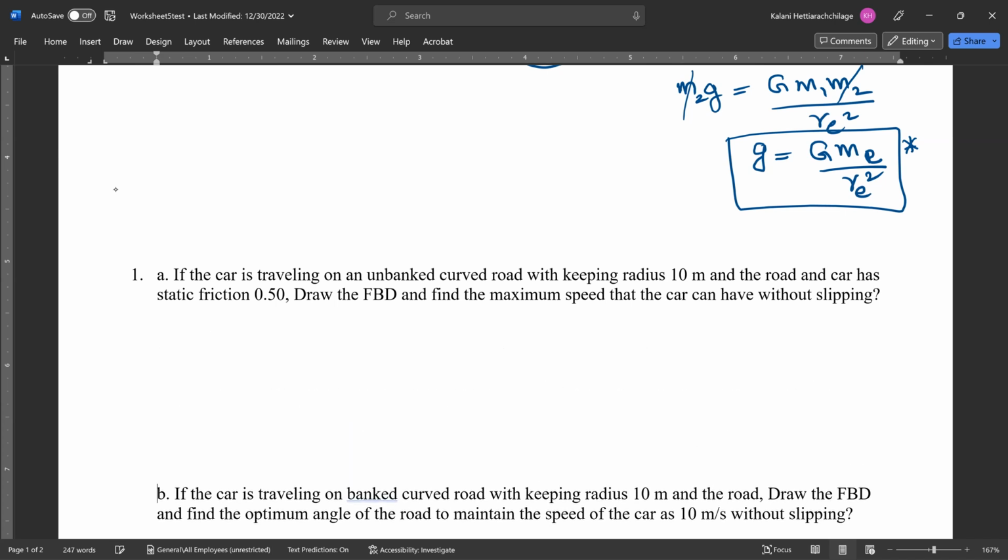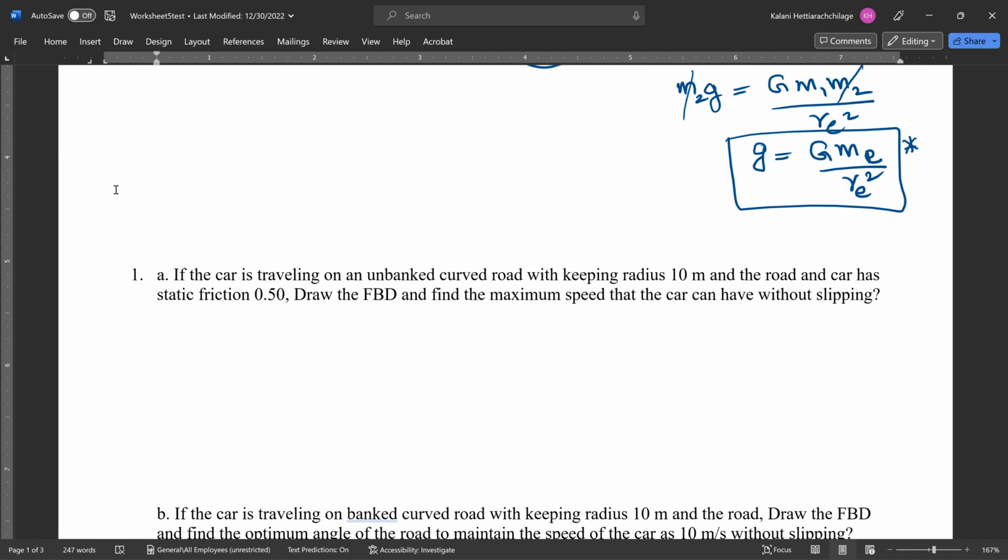Okay, let's do part A first. A car is traveling on an unbanked curved road. I talked about the unbanked and the banked road. Unbanked means flat road, basically. The flat road has a radius of 10 meters, and the car has a static friction coefficient of 0.5. Draw the free body diagram and find the maximum speed that the car can have without slipping,